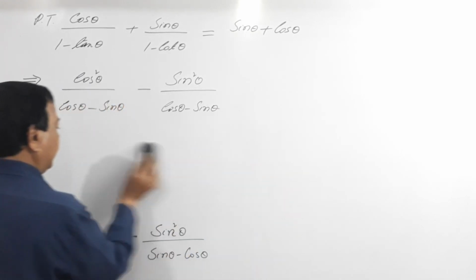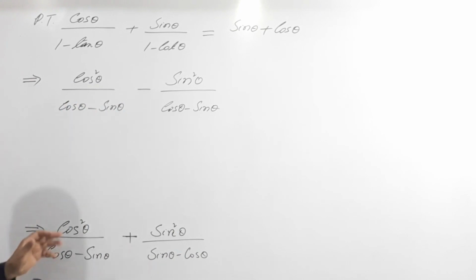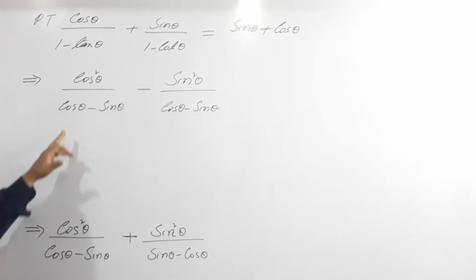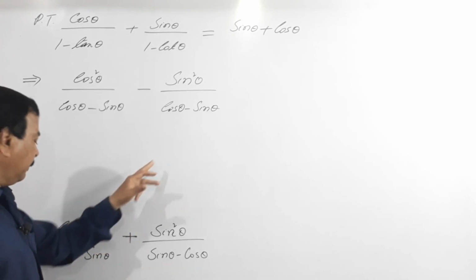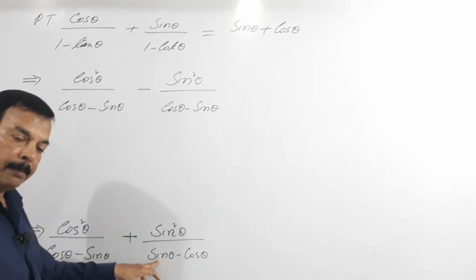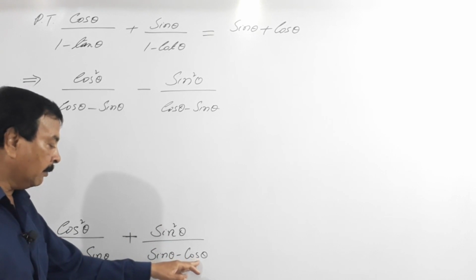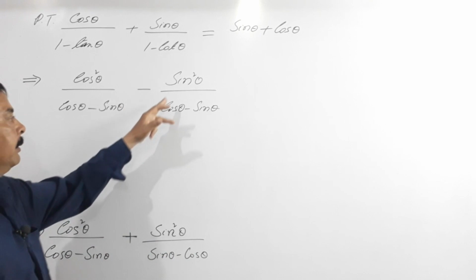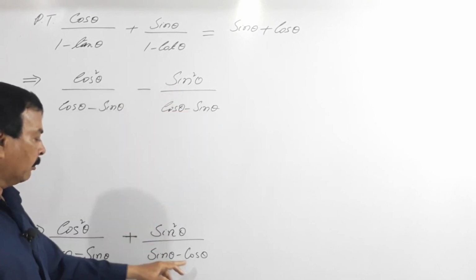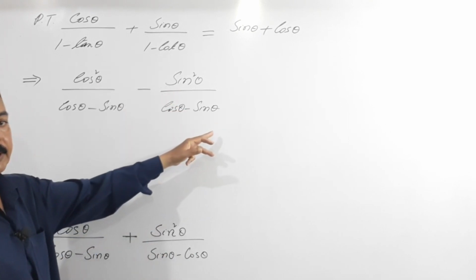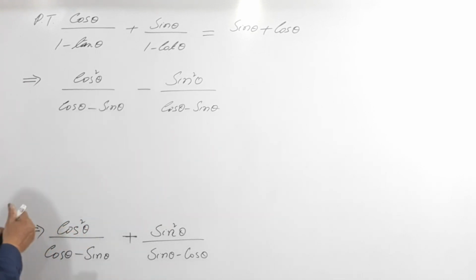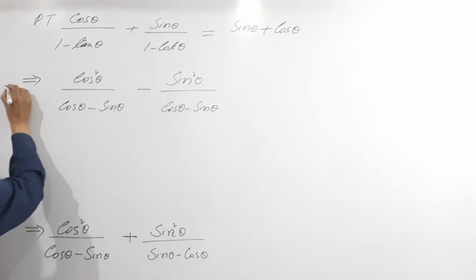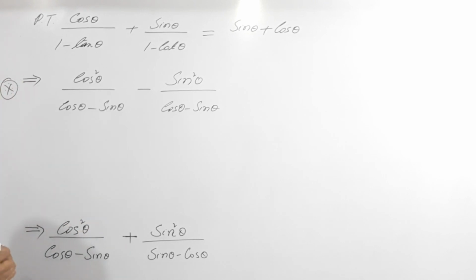ये स्टेप सीख लो, cos स्क्वायर θ बाई cos θ माइनस sin θ आ गया, मुझे ये भी cos θ माइनस sin θ ही चाहिए, क्योंकि यहाँ पर sin θ माइनस cos θ है, इसको अगर मैं cos θ माइनस sin θ करना है तो इस साइन को चेंज करना पड़ेगा मुझे, तो मैंने किया है, तो क्या बन गया, sin स्क्वायर θ ऊपर चला गया और ये cos माइनस sin θ बन गया। सो ये स्टेप बहुत इंपॉर्टेंट स्टेप है, इस स्टेप को याद रखना, ओके, डन।